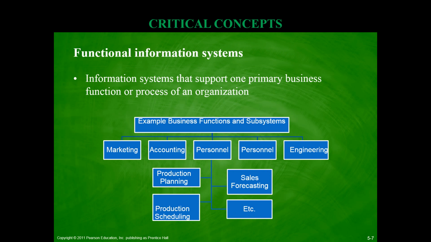Now, another concept worth reflecting upon when we discuss enterprise systems is that some information systems are tied to a specific organizational function. As you know, any kind of commercial organization typically can be subdivided into several functions, and those typical functions include, among others, marketing, accounting, HR, engineering, R&D, research and development, and finance. All kinds of functions or departments can be included under the umbrella of one single organization. It depends on the industry type and the type of organization.